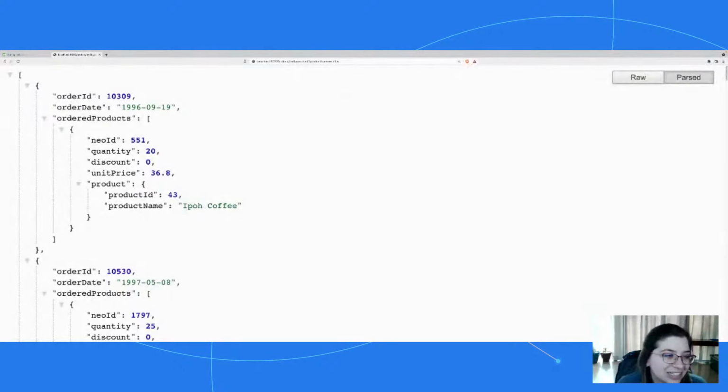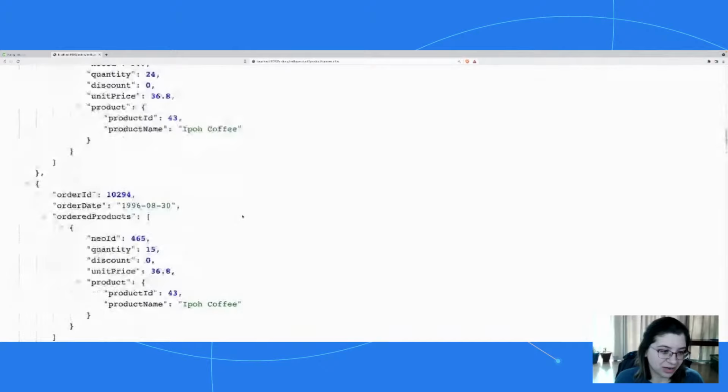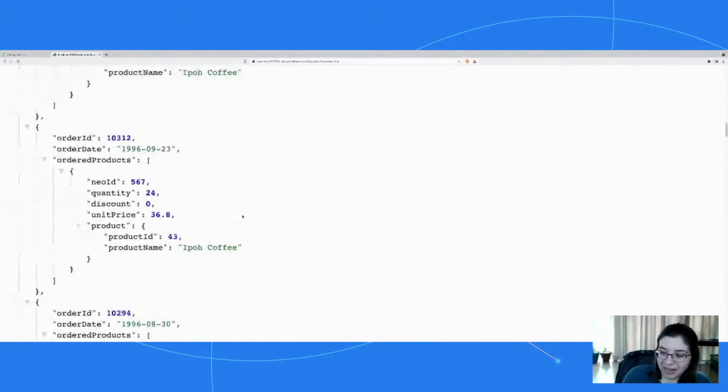So we have our order ID and our date, our line item information, and then on over to the product. And it is pulling coffee. So it is doing that fuzzy search for us. So coffee starts with a capital C and it's toward the end of the product name. All good there. Now, you might notice something a little interesting here. We haven't pulled the other line items, right?